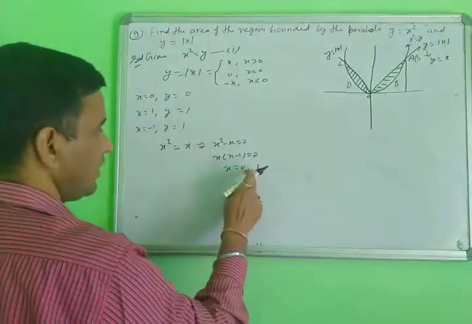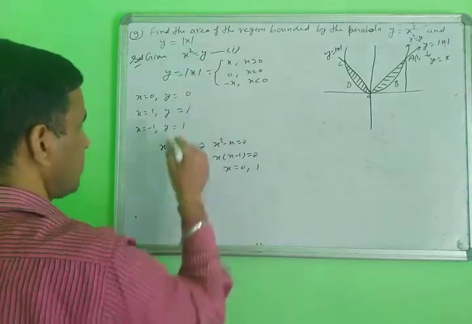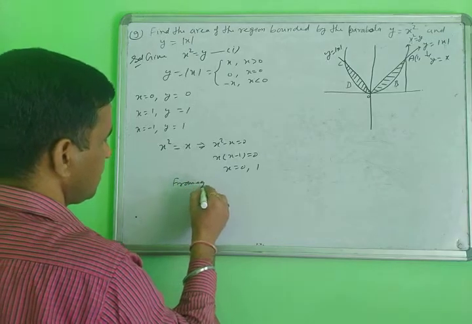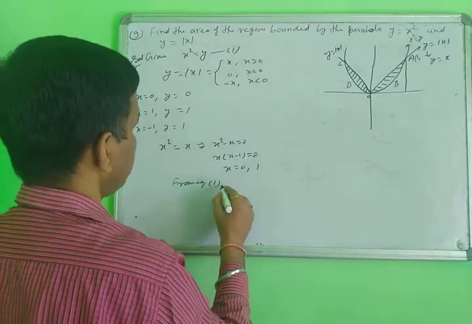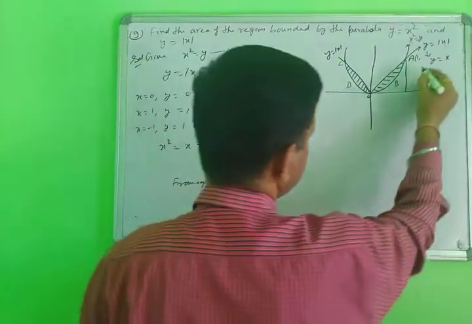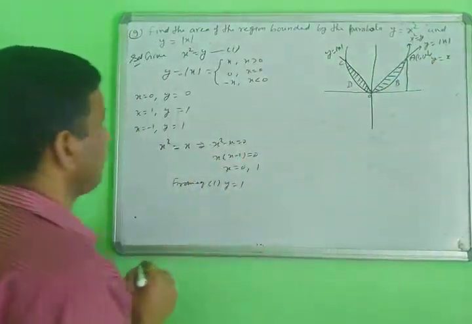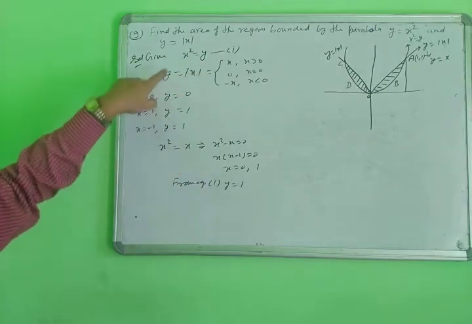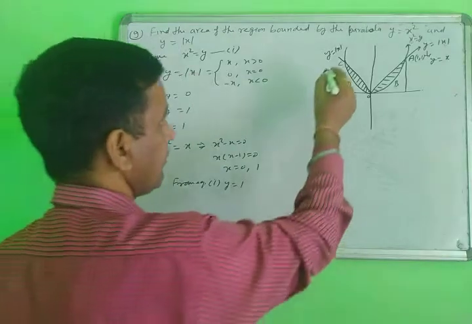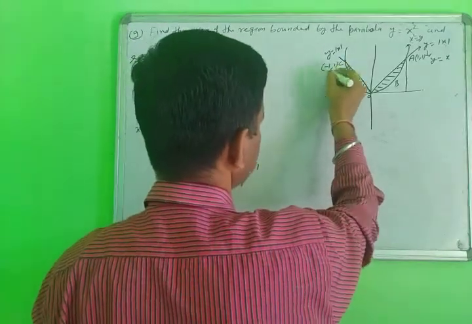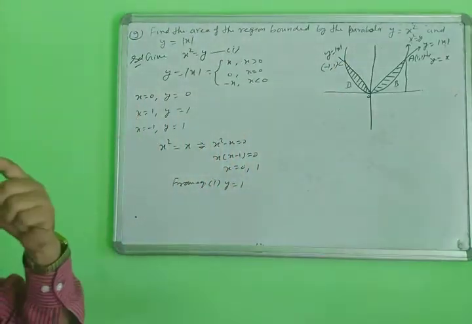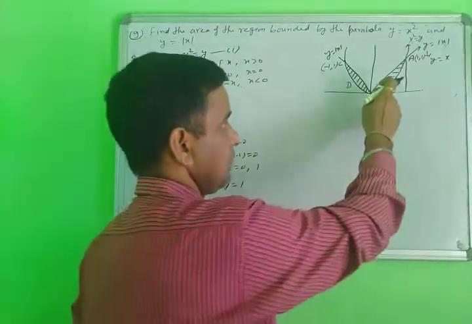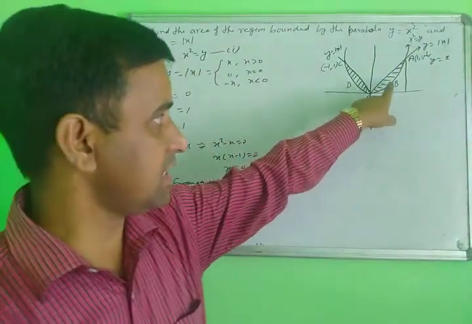And putting the value x equal to 1 from the first equation, the value of y equal to 1. When x equal to 1, then the value of y equal to 1. The same thing here: the coordinate here is minus 1 to plus 1. So then you can put your values in the diagram, then you will find the area of the shaded region. And this area and this area will be the same.